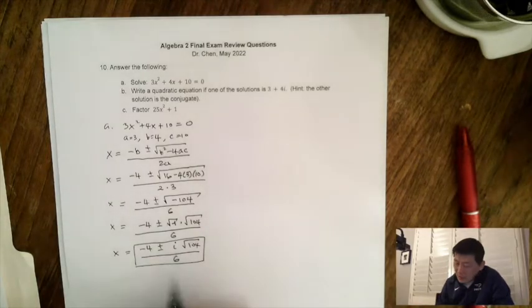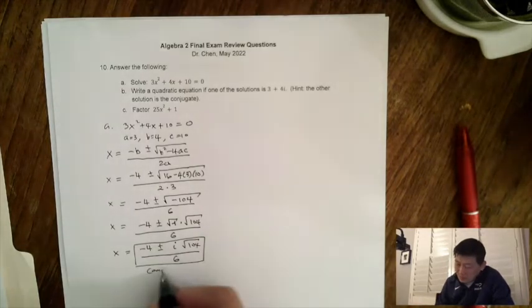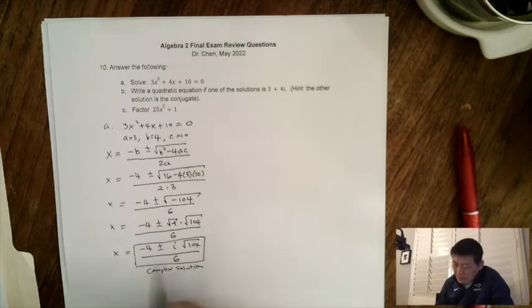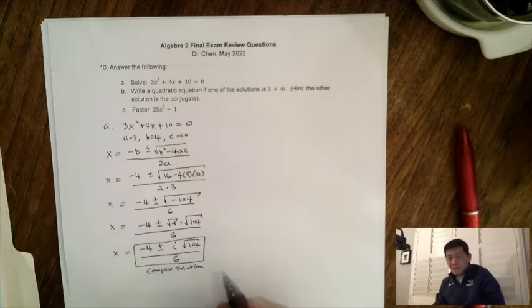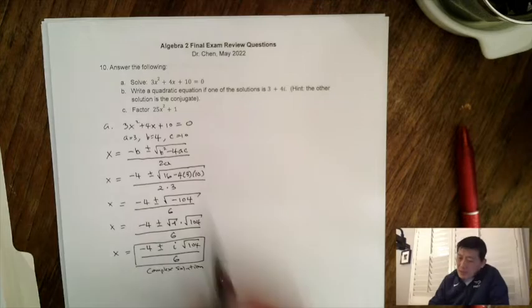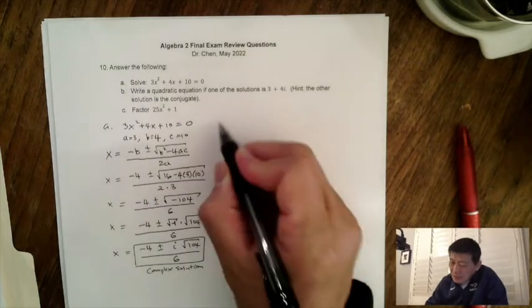Now this is a complex solution because we had a real number in combination with the imaginary number i. Okay. Part B. B says